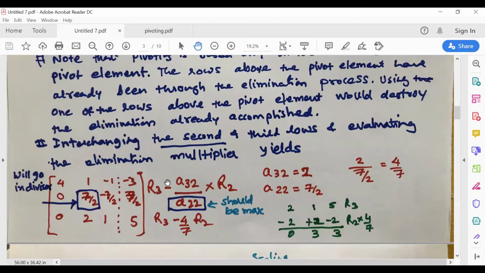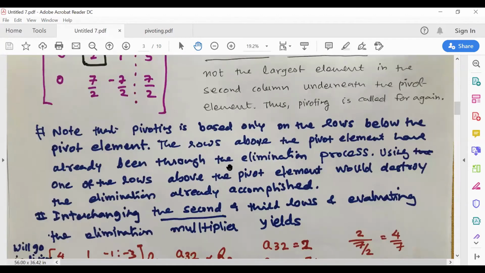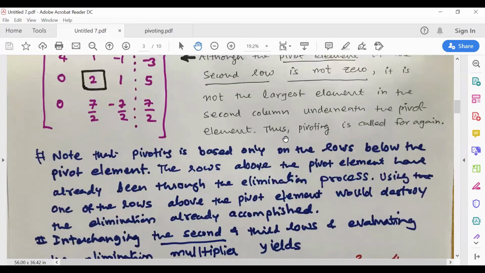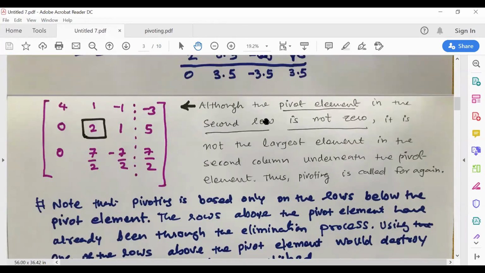The second time when you do elimination, we are going to use only R2 and R3. R3 is the elimination row, and below that pivot number, you just observe which one is the maximum, because we are going to interchange the row, that is why. So I will share these notes with you. You can read whatever things are written. I think it is more or less the same thing we are discussing.